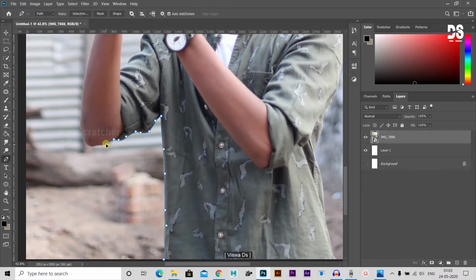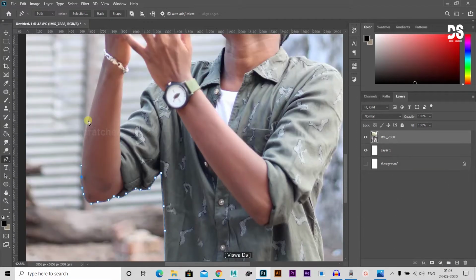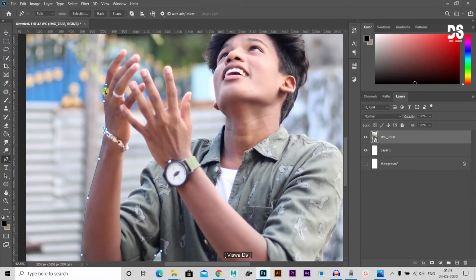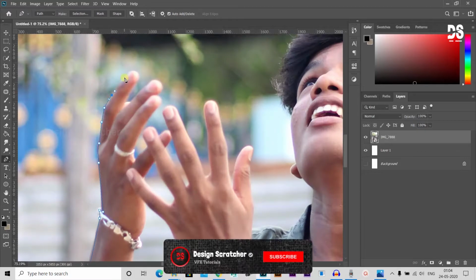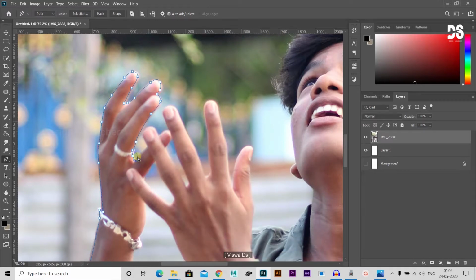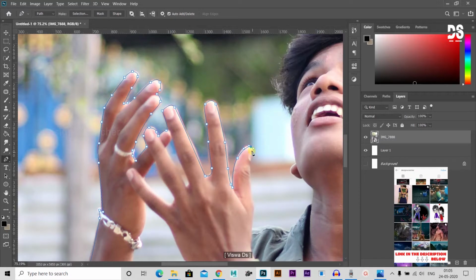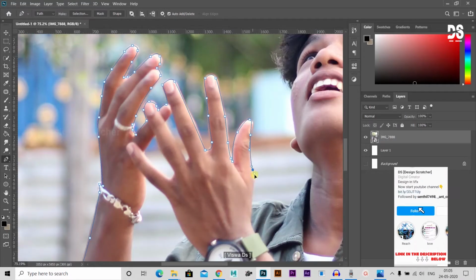It will be cut slowly, which means the result will be pretty good. Otherwise, if the speed goes up, the area will be reduced and the edges will not be nice. That's what happens over time. It will take longer, but the output will be very nice. That's what I will tell you: the pen tool takes many attempts, but the final output will be very nice. That's what going for the pen tool means.